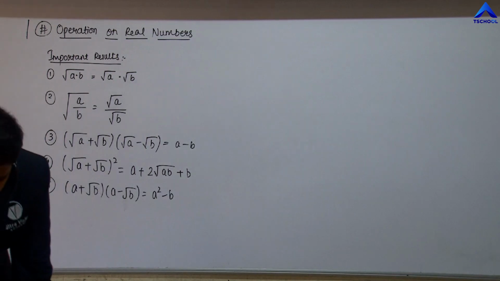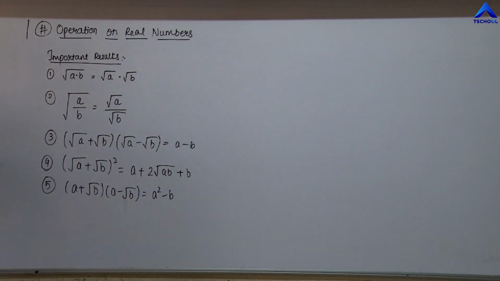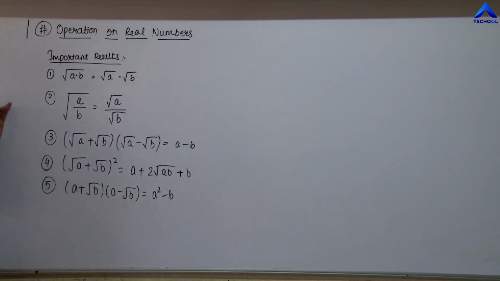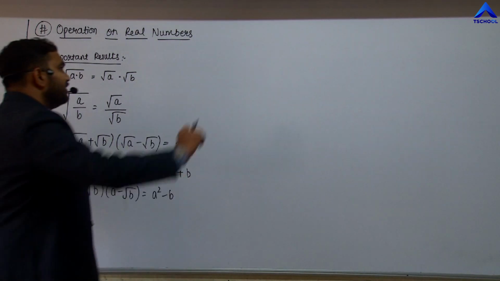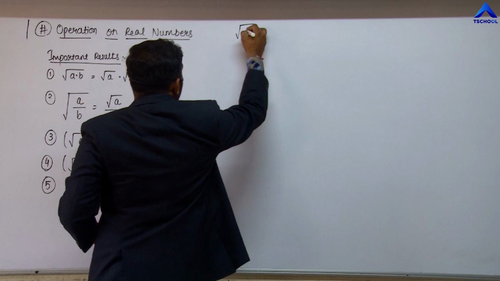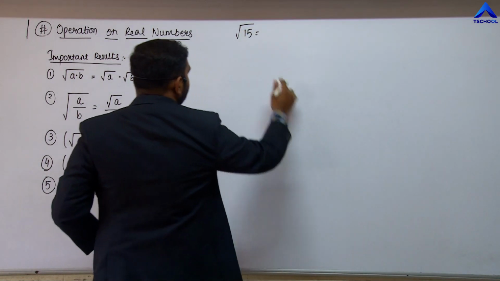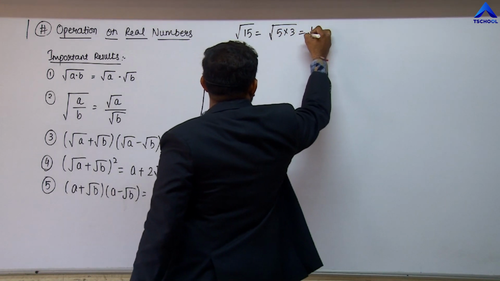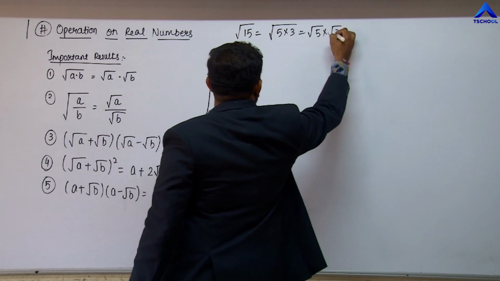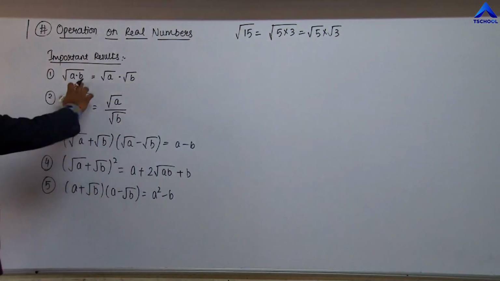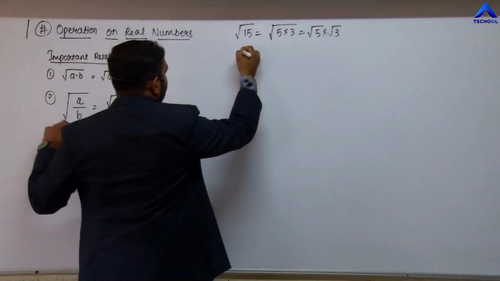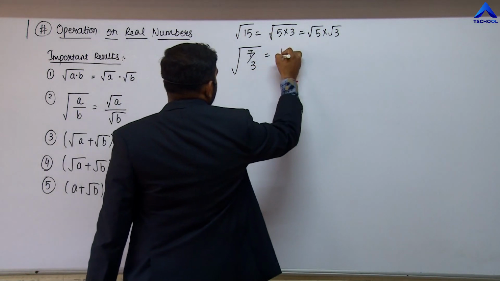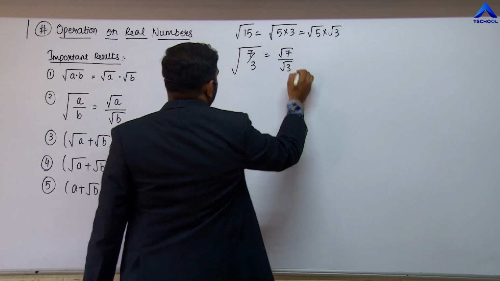Now let us understand these 5 important results that we got here, because these 3, 4 and 5 will be helpful to you in solving the next sums. Okay, so the first one we already discussed by taking an example, that if we are having root 15 that we took in the last example previously, this can be written as square root of 5 into 3, which is equal to square root of 5 into square root of 3, right? So that is about the first one. Similarly, the second one also we can write like, if I'm having this as square root of 7 by 3, this can be written as square root of 7 upon square root of 3.